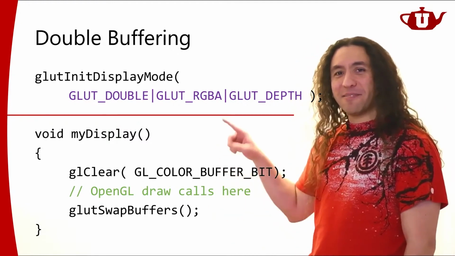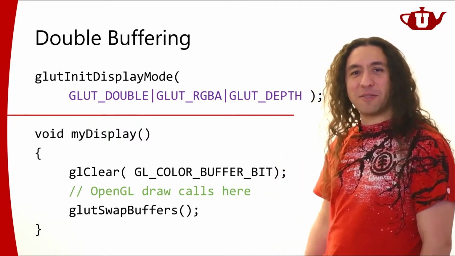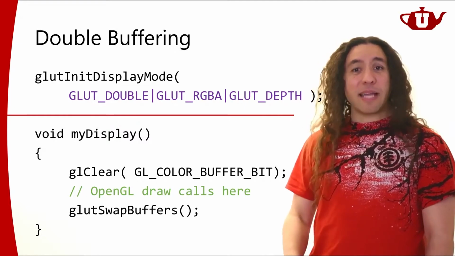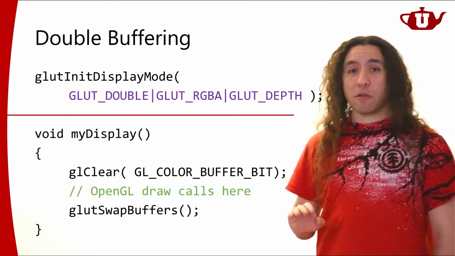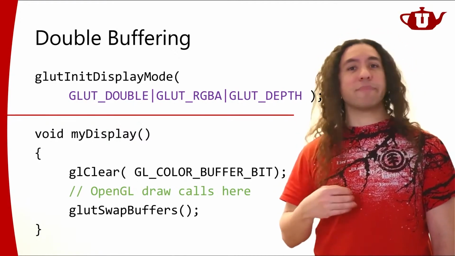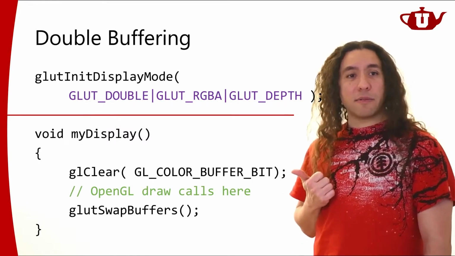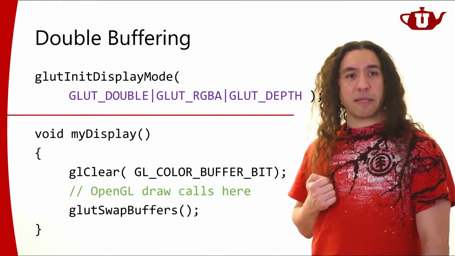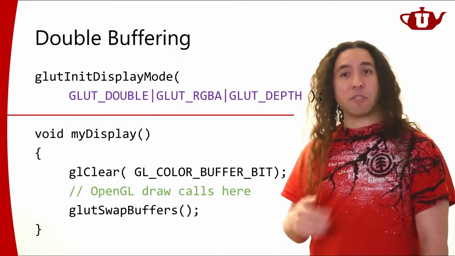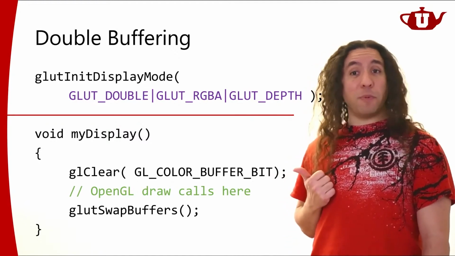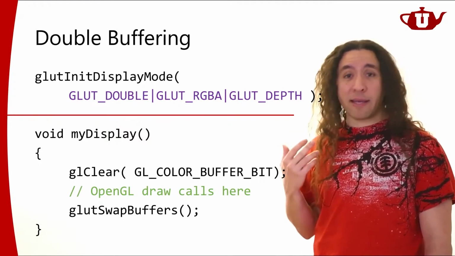So over here, this is our display function, right? So this is how it works. We clear, we draw stuff, and then we do GLUT swap buffers. Now, almost all OpenGL calls, not all, but almost all OpenGL calls will be what's called non-blocking calls. That is, I call GL clear, and this function returns immediately. It tells the GPU to clear the screen, to clear that buffer, and returns immediately. It doesn't wait for the GPU to actually clear that buffer. Right? It may take however long it has to take.